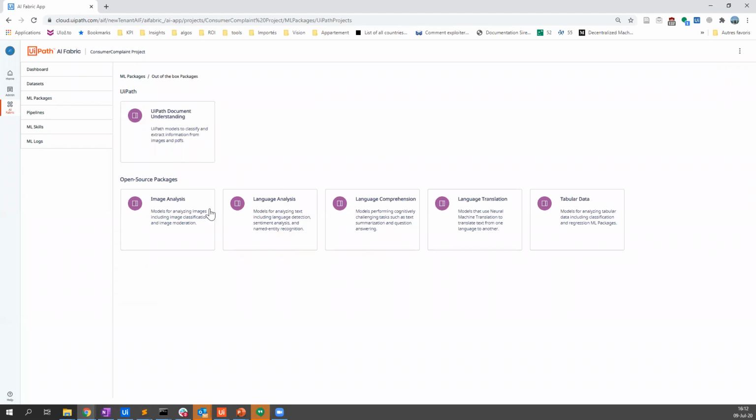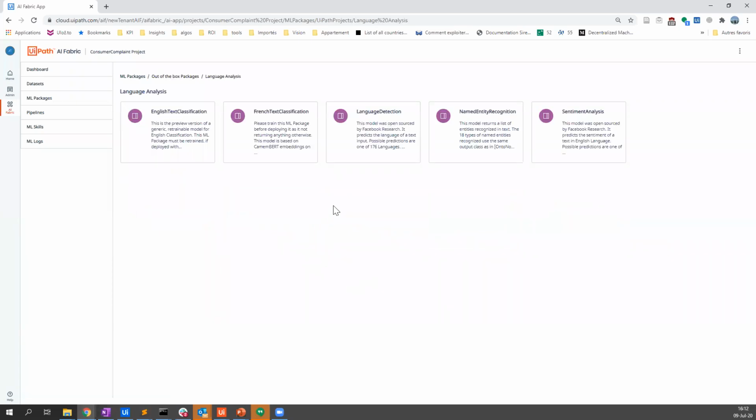The other thing is open source packages. Open source packages are packages and machine learning models built by the best companies doing machine learning in the world. You can think of Facebook, Google, Amazon, I don't know. A lot of them are open sourcing a lot of models because there is a big competition between them and among the machine learning community about who is building the best model on this data set, or for this task.